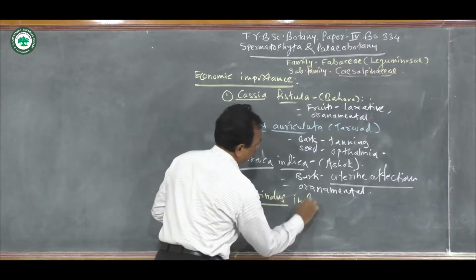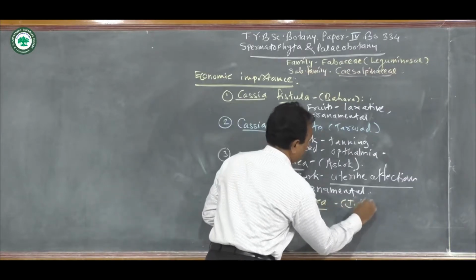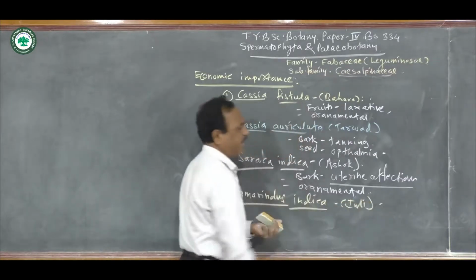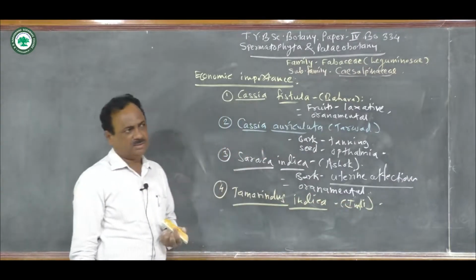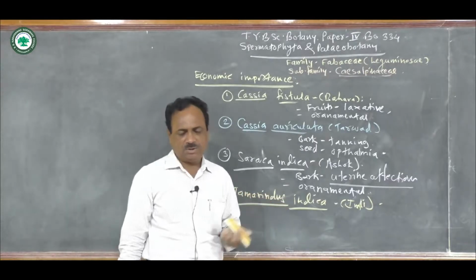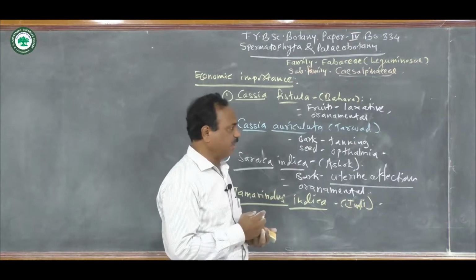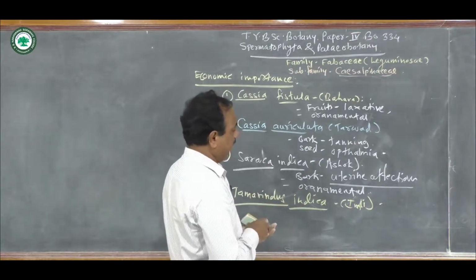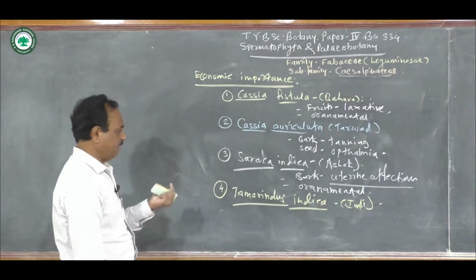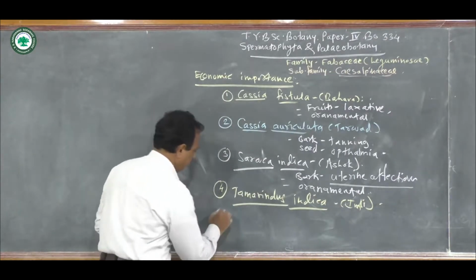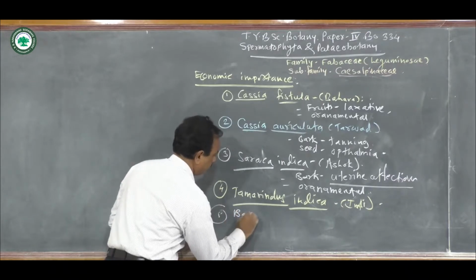Then the next is Tamarindus indica. So if we see this, it is a very familiar plant. Here the fruits of this plant are edible. It shows the presence of tartaric acid. So the tartaric acid is also obtained from the fruits of this plant, and generally it is also cultivated for its fruit. Then next is Bauhinia